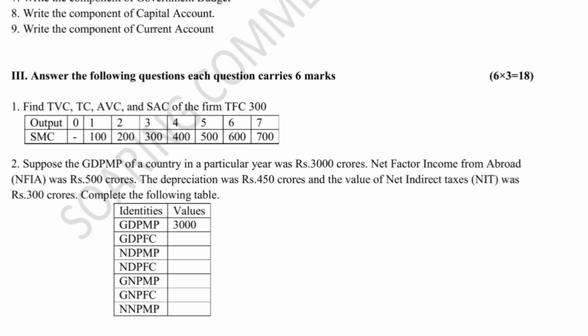So next, which I have taken is 6 marks problems. The 6 marks problems are very important from the examination point of view. You need to learn these 6 marks problems for the exam. Look here. The first question which I have taken is from production and cost. The question will be like this: find TVC, TC, AVC and SAC of the firm. TFC is 300. They will give output and SMC. We need to calculate TVC, TC, AVC, SAC. If you calculate these, definitely you are going to score 6 out of 6 marks. I already mentioned